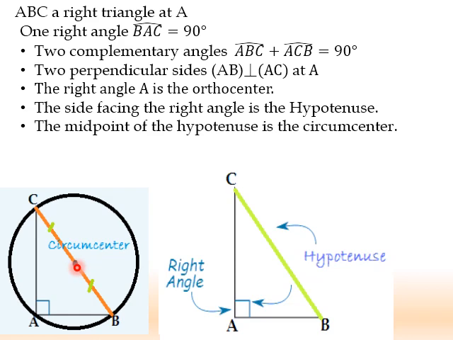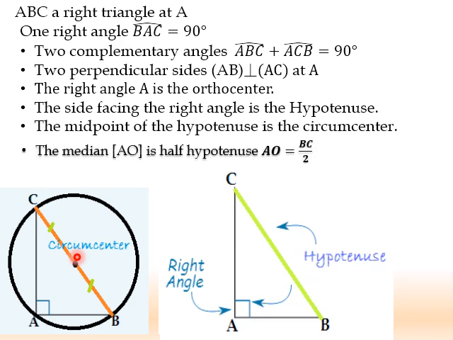If I put the needle of the compass on the midpoint of the hypotenuse, I can draw a circle circumscribed about the triangle passing through its vertices C, A, and B. So the midpoint of the hypotenuse, keep it in your mind, is the circumcenter, or center of the circle